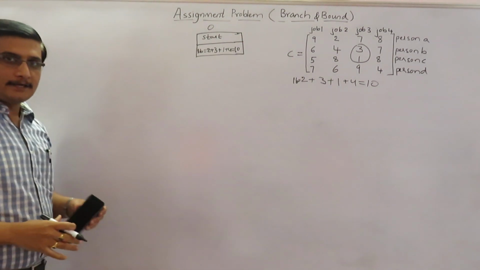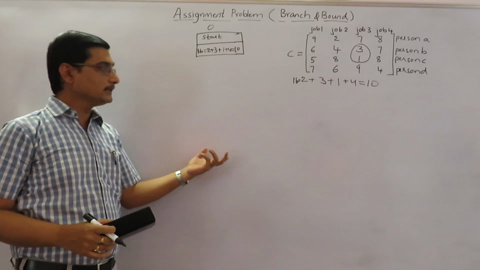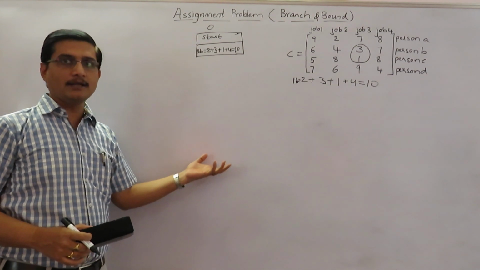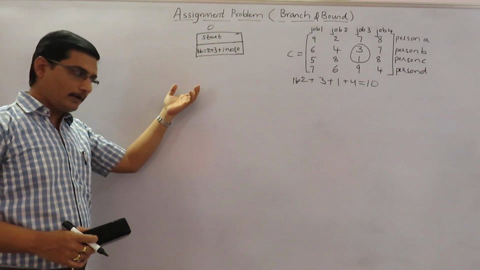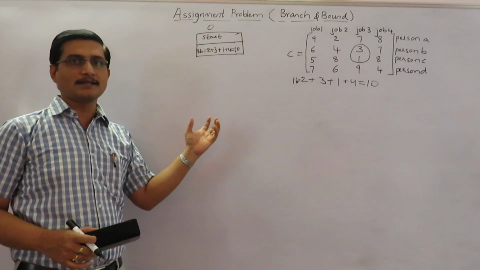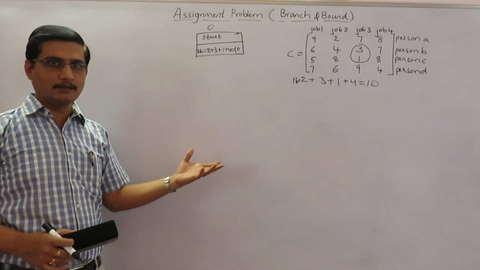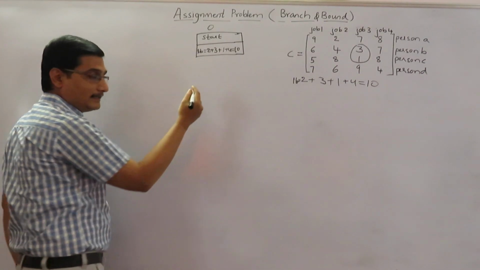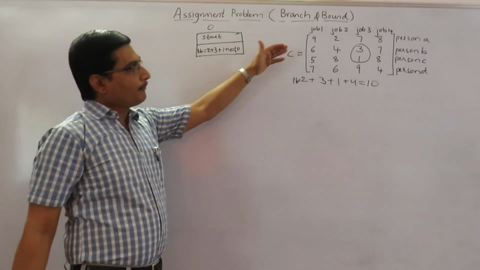So the difference between backtracking and branch and bound, what we had discussed in the previous video, is that we are going to construct the state space tree in a breadth first search way. We are not going in depth. Once we find some node is the most promising node, then for that we are going to find all the other possible ways of getting the solution.